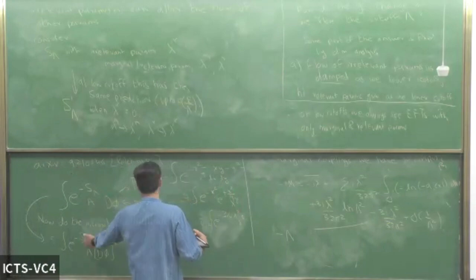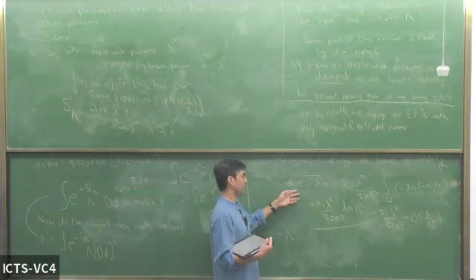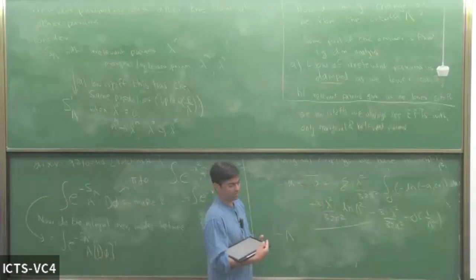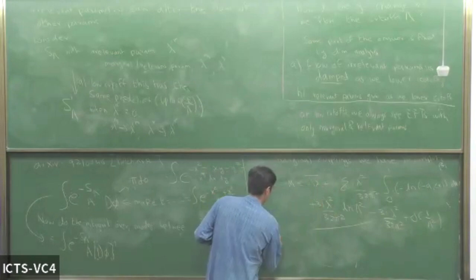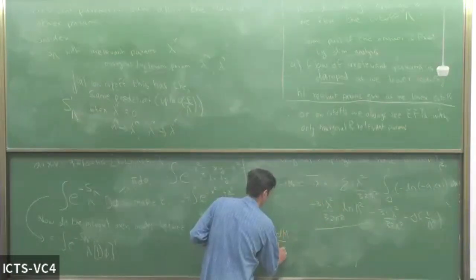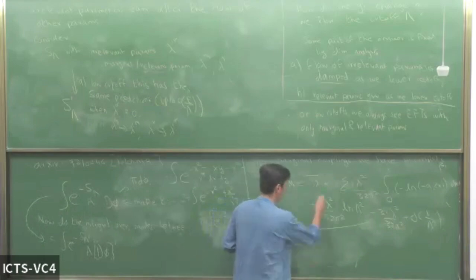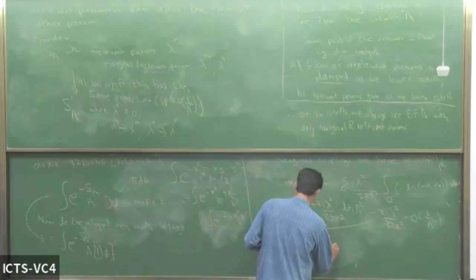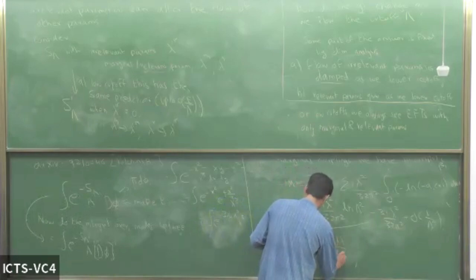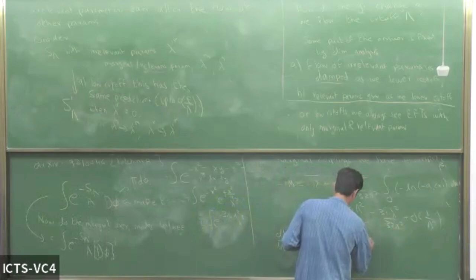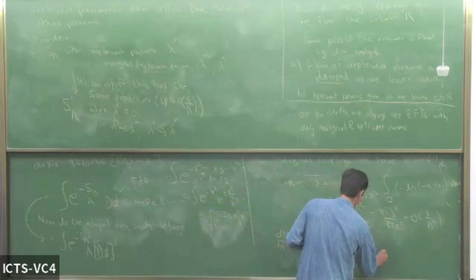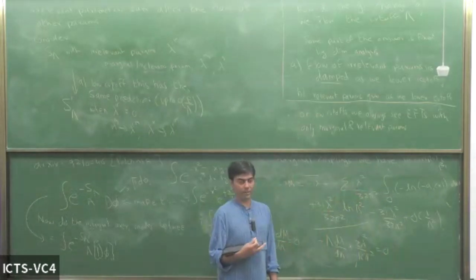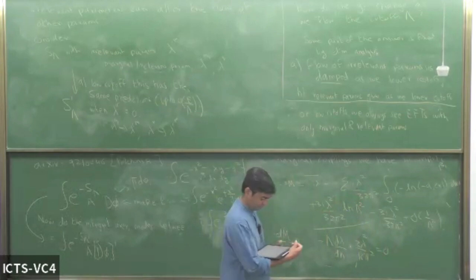So instead of doing this whole procedure, you can now just demand that this amplitude stays the same as you change the cutoff. Then you can ask how this lambda changes as you change the cutoff. Okay. So we said dM by d lambda equal to 0. And that just sets, you just have to set this, and that tells you that minus lambda, I hope, plus 3 lambda squared by 16 pi squared is 0. This becomes 16 pi squared because there's a log of lambda there. And then you could just solve this.